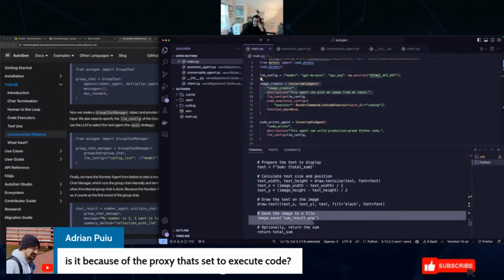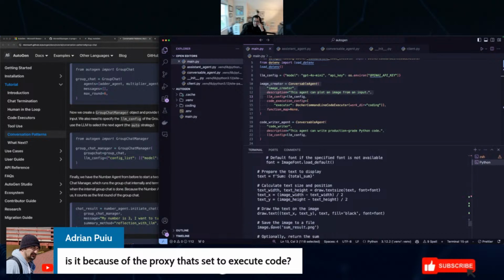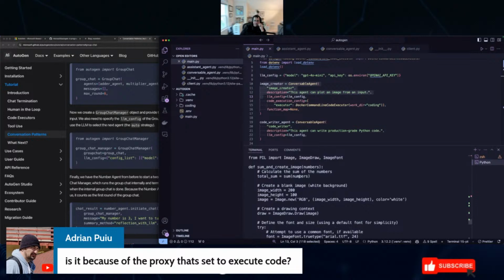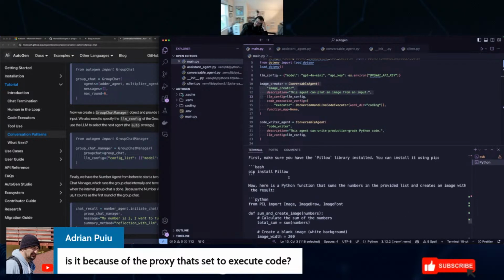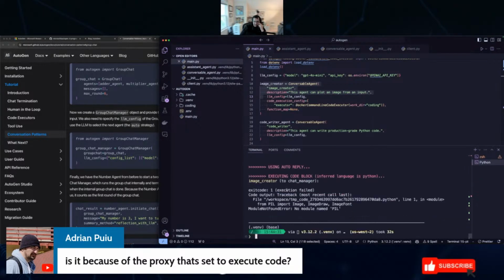Because see, this one already created an image, right? I didn't want it to create an image. I only wanted this to create the sum. Well, I guess I don't care, as long as the result is fine, but it looks like it failed. All right.